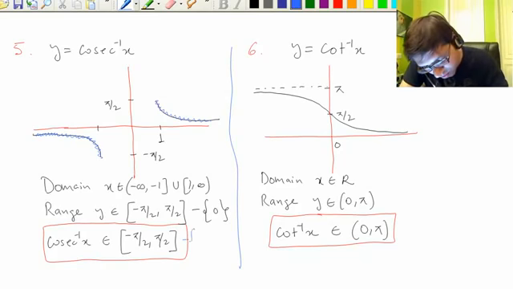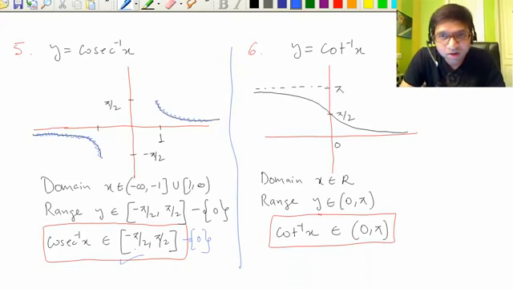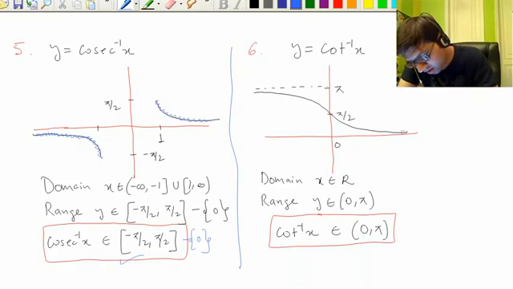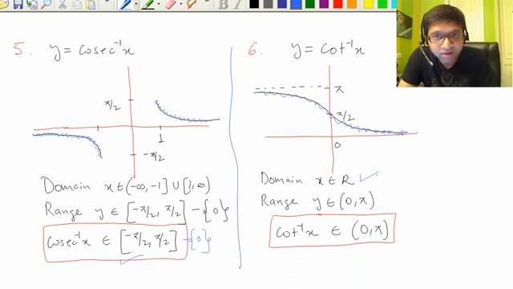0 is not there. So it belongs to the family of sine inverse x and tan inverse x in terms of principal value branches, in terms of range. And finally cot inverse x, this is the graph of cot inverse x. Domain is like tan inverse x. It can take all possible values. X can be any real value, and range is 0 to pi excluding endpoints, right?